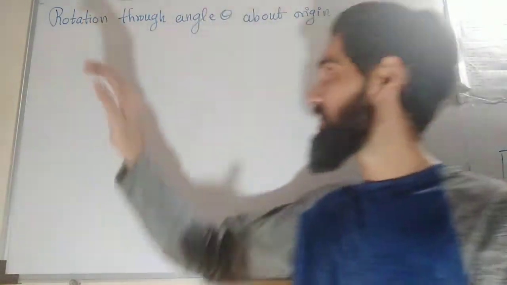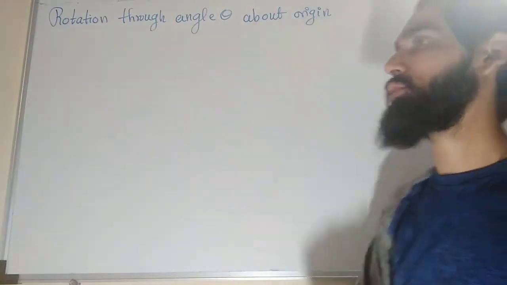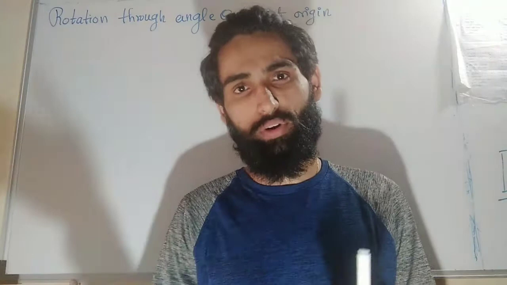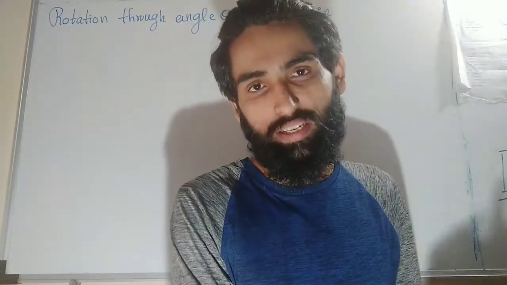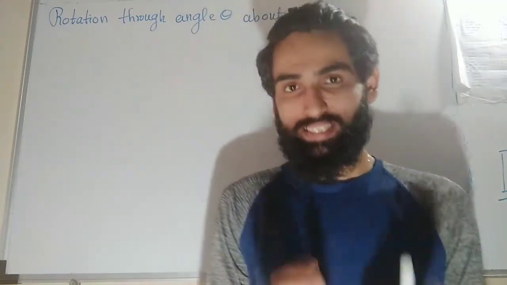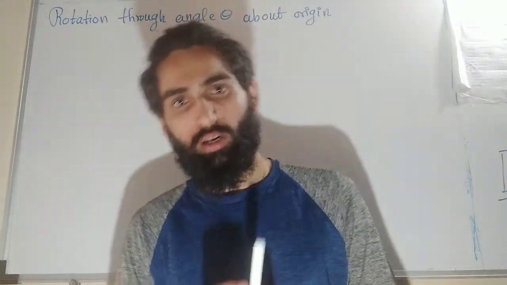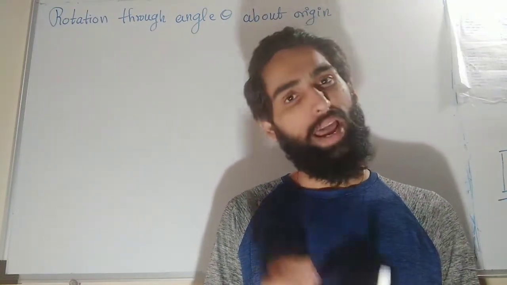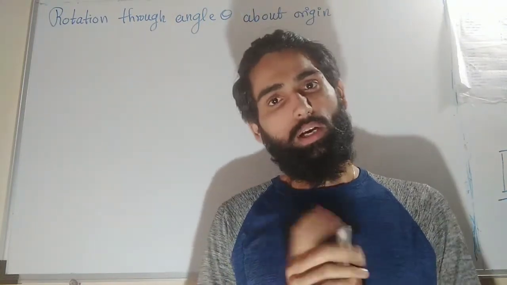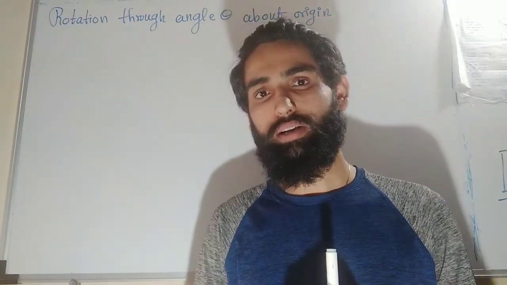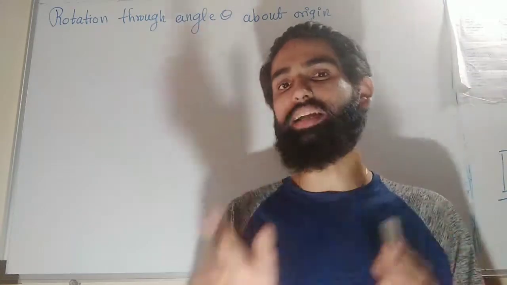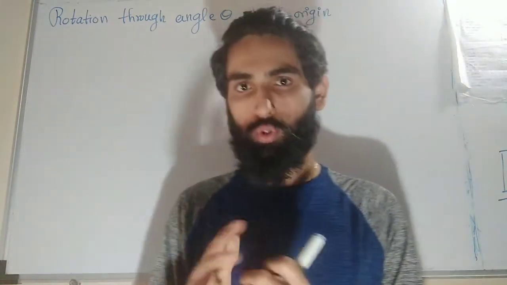For now we'll be learning what is a rotation through an angle theta about origin. Okay, so we already know what rotation is. The next few videos will only be talking about the vector space, or inner product space, R2. So inside R2 I want to find a rotation matrix where the rotation is done through an angle theta about origin. There is one more thing that is required, that is the direction. There could be a clockwise direction rotation or an anti-clockwise direction rotation. We'll discuss both of them.